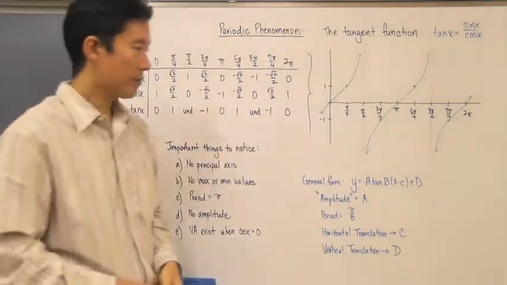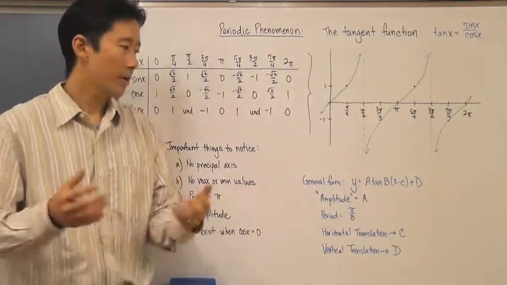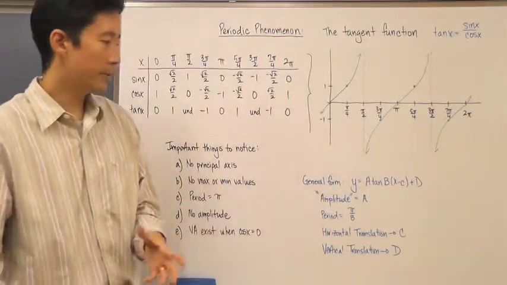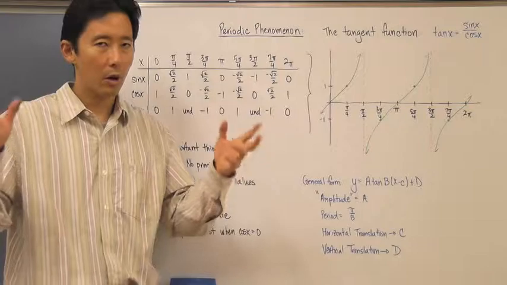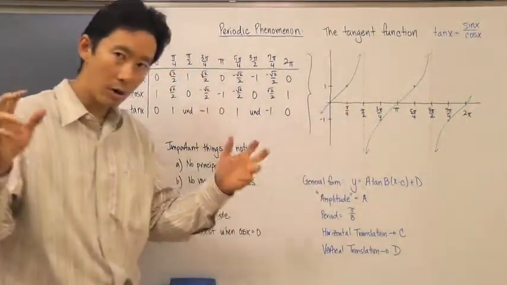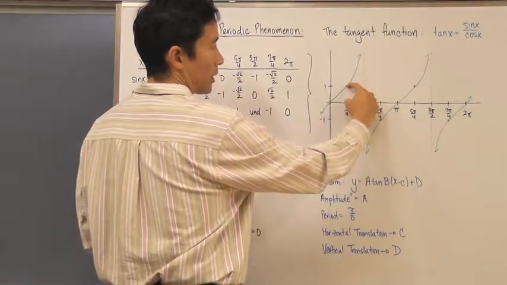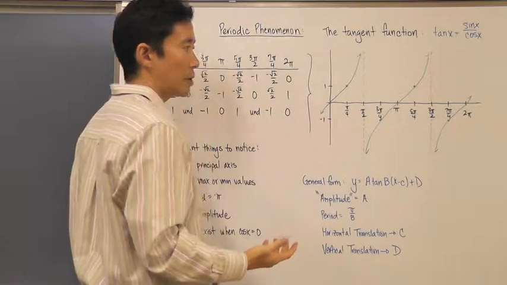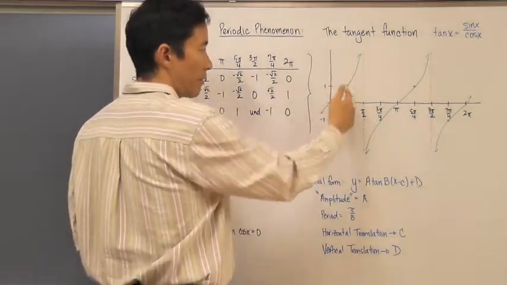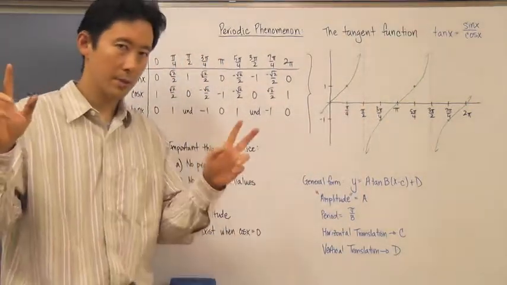Now, if we have the general form, notice that the general form is exactly the same as sine and cosine. There are, of course, some slight differences. In terms of the amplitude, we really don't have an amplitude, but I'm going to call it the amplitude because it's going to be the distance away from what we will call the principal axis. So here you go. This is where it is. It's 1 in this case. Now, if a graph of a child function was given to you and it was all the way up here for that associated point,